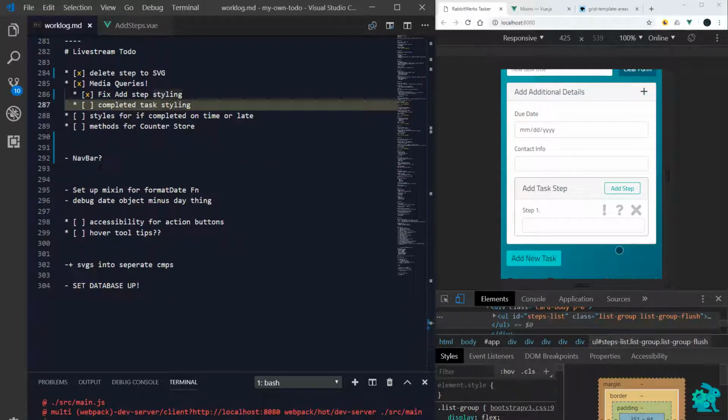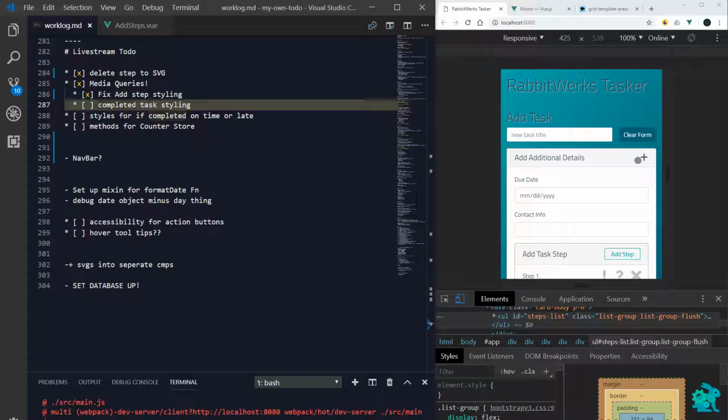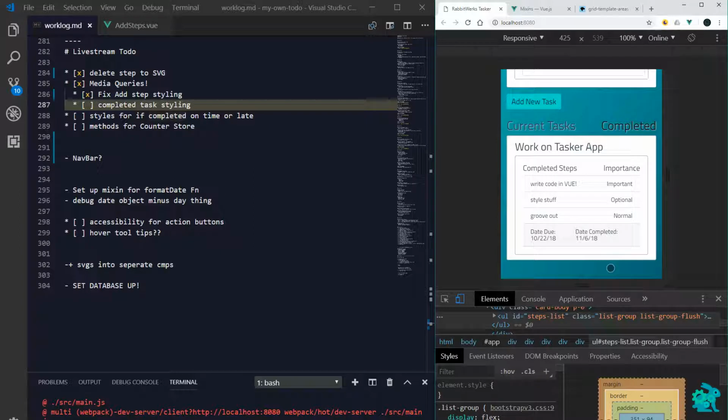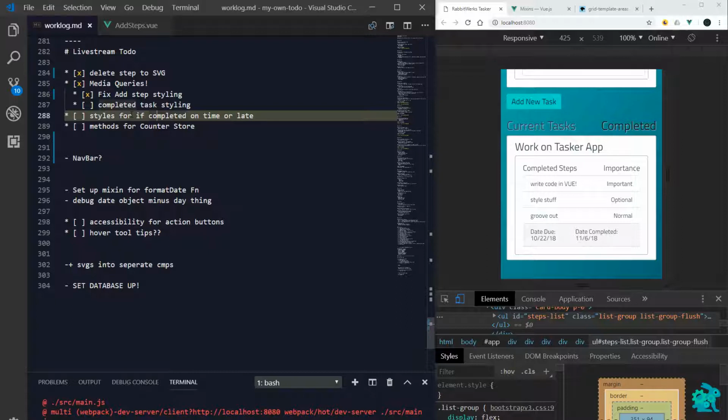Completed task styling. I don't remember the context of that, to be honest. I don't know, we'll see what that's about. But this completed styles for if completed on time or late, we might just be referring to that. I'll have to check my other notes. And if completed on time or late, so